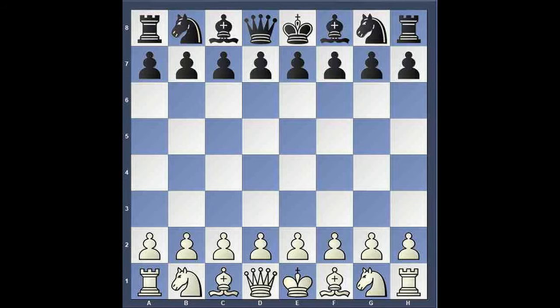Moves. Any shift of a piece or pawn on the board is called a move. The players take turns in making moves, with white always starting the game. A player cannot move a piece or pawn to a square occupied by one of his own pieces or pawns. The knight is the only piece that can leap over a square occupied by another piece or pawn.